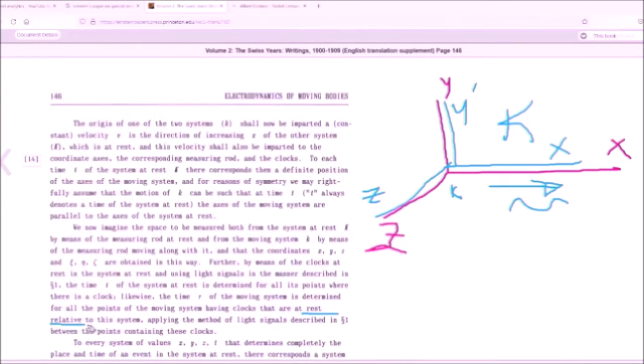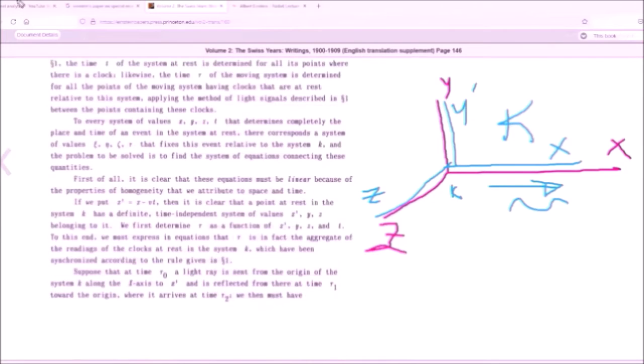So we have two systems, two clocks, two measuring rods, and we try to figure out how to relate the time measured in a moving system to the time of the system at rest, applying the method of light signals described in section 1 between the points containing these clocks. To every system of the values x, y, z, and t, which determines completely the place and the time of an event in the system at rest,